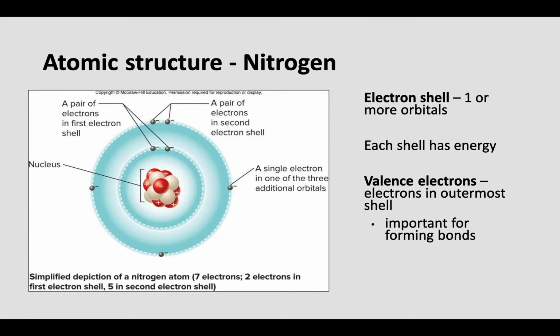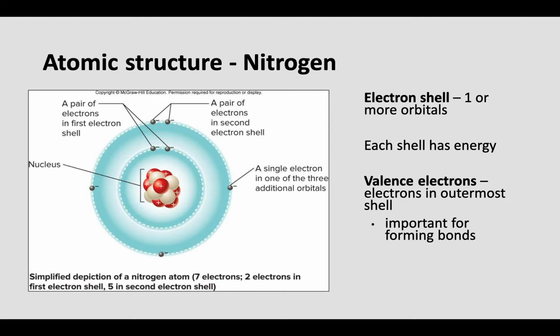If we have an orbital, the max number of electrons we can have is 2. In this picture here, this would be an orbital. We have a group of 2 electrons, an electron pair. Now we have 3 more orbitals right here, down at the bottom, off to the side. Those are also orbitals, but they're not filled. They can have a max of 2, but they can also have only 1 singular electron.